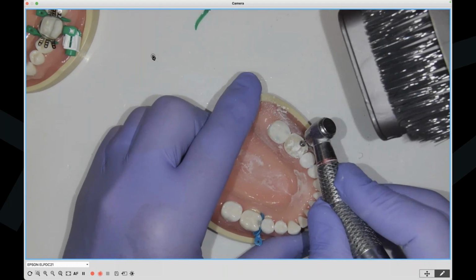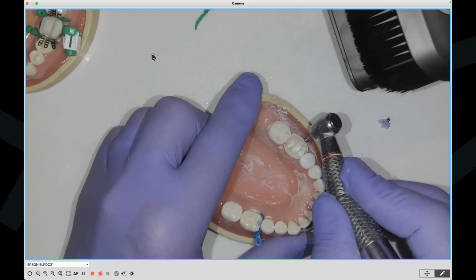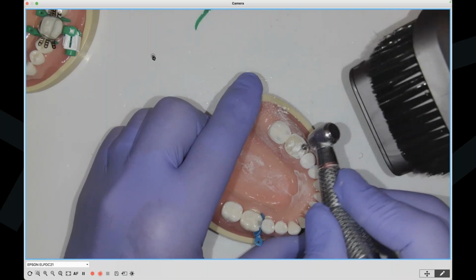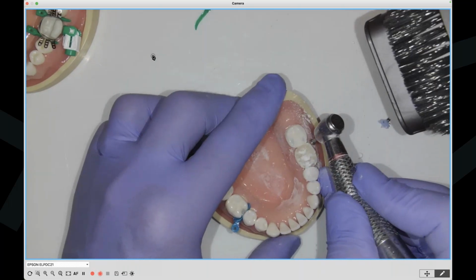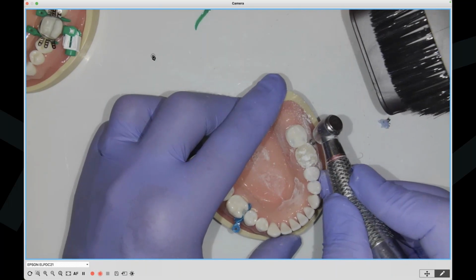And then we need to cut in some cuts. And we do have a fifth tusk here, so we'll cut that in right away.